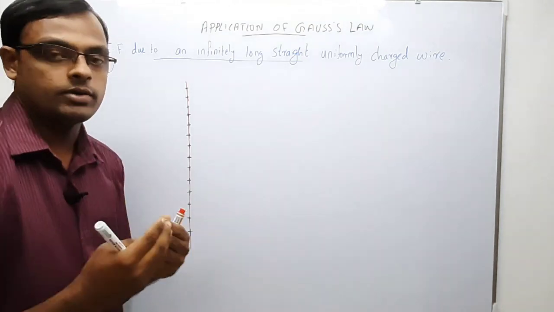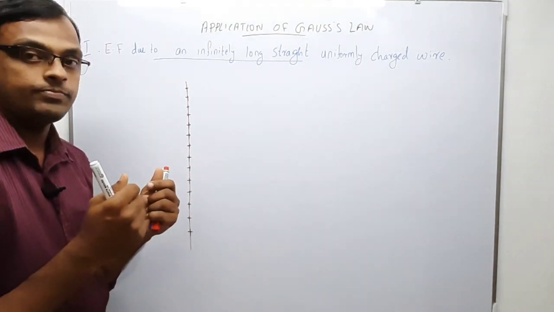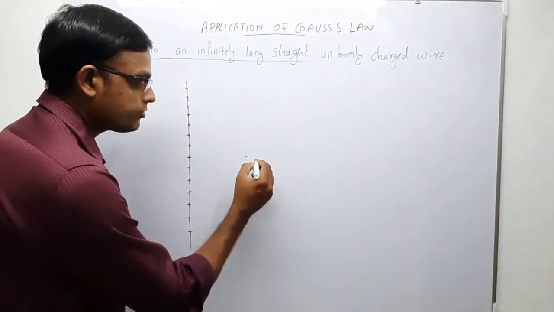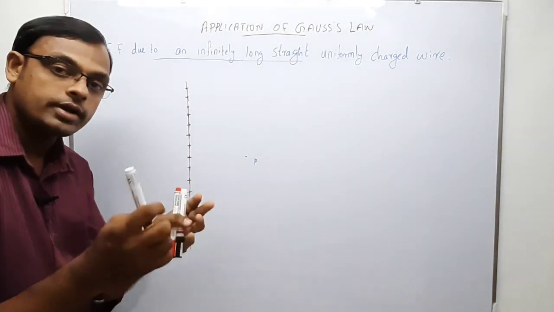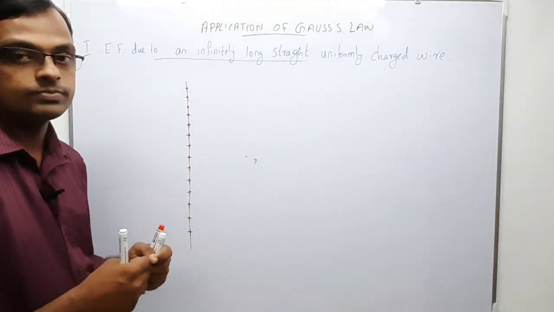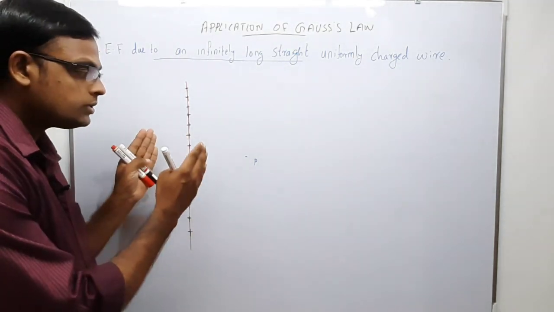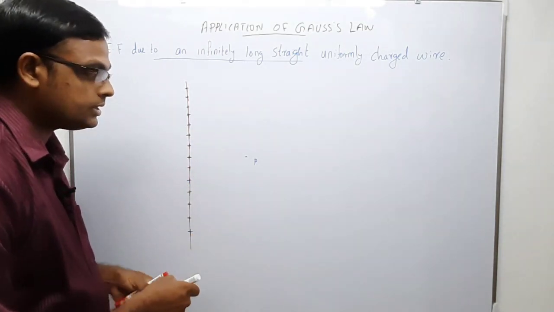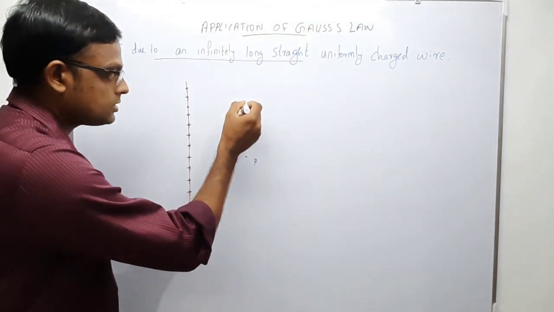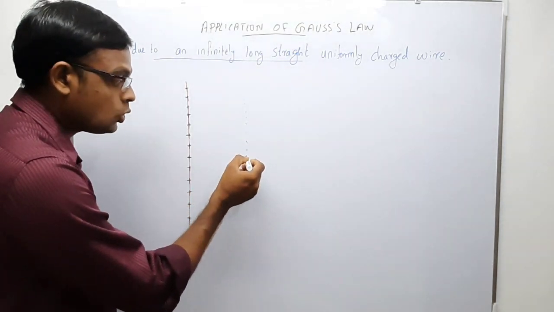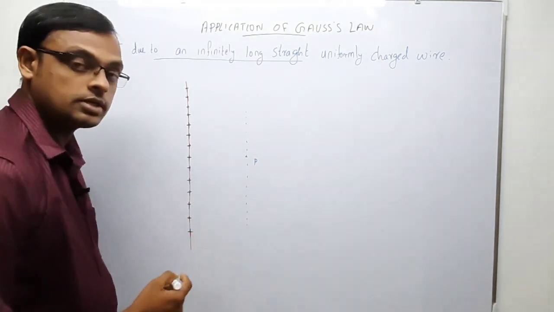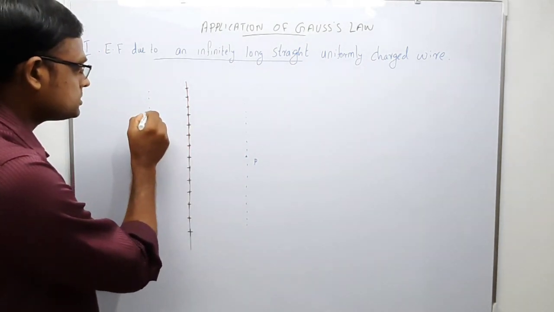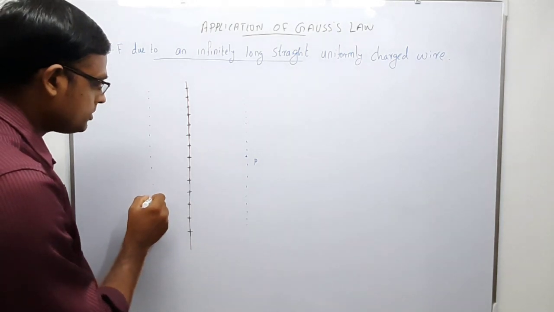Now we are going to find the electric field at a point P. So how do we find it? By using Gauss's law. In order to derive this, we should consider a surface including this point P. Imagine an imaginary closed surface. As you already know, while using Gauss's theorem, it must be a closed surface. Around a uniformly charged wire,